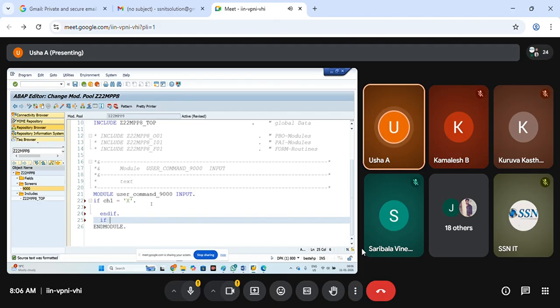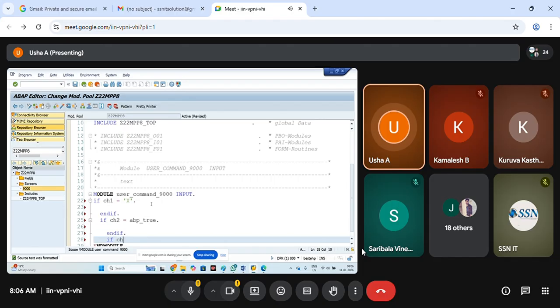Or IF ch2 equal to abap_true. So abap_true is nothing but capital X, it will store. abap_false means space it will store.